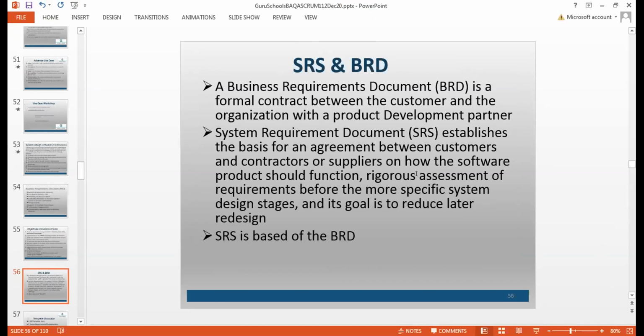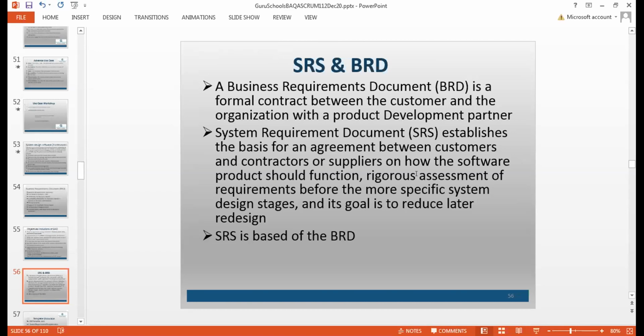Even there are documents called statement of work. There are documents called formal contracts. These are based on these BRDs. Okay, there could be a number of emails, or there could be a number of BRD document versions also possible. So there is version 1, version 2, version 3. So the latest version, the last version released is the most important, and that's what we start using as a base for our SRS. Okay, because that's the latest one, right?